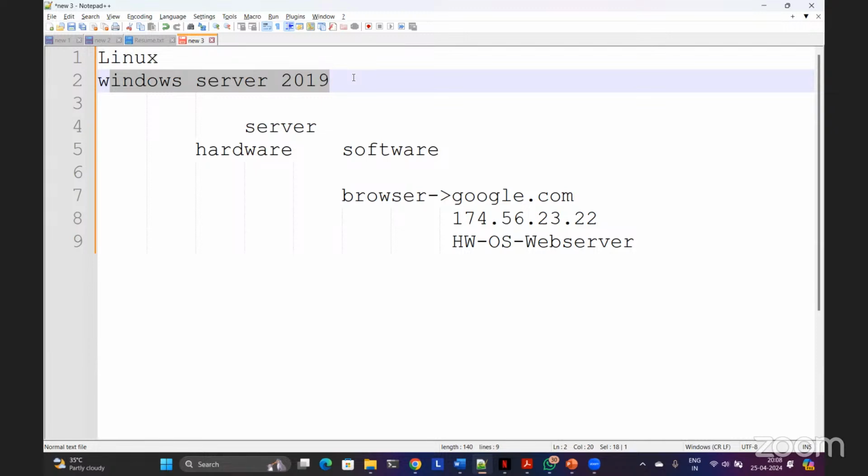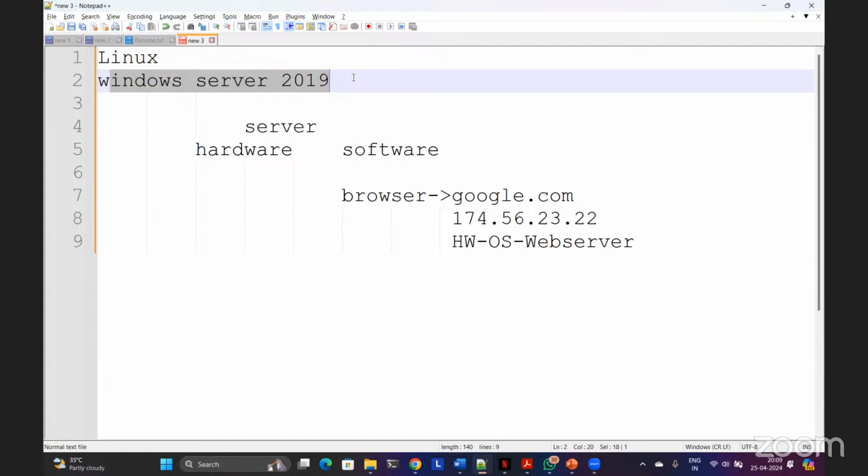Whereas Linux. Right now, I'm just giving you a layman example so that you are able to understand from scratch. Linux server: if Linux is installed on any hardware, that server can run for years without reboot, and the updates are also stable. It's a very low probability that you get a faulty update or a buggy update. It's very rare, but in Windows it happens even with your laptops.